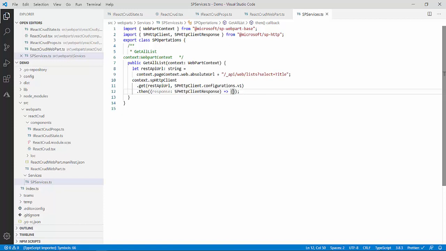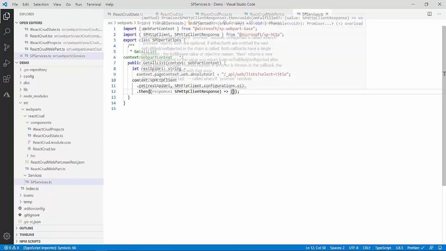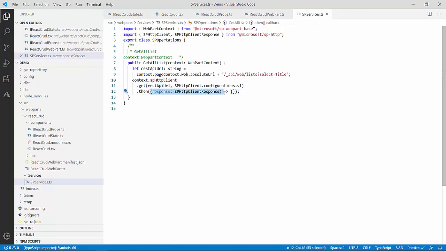Maybe for the first time it looks a bit complex to you, but with practice you will get into the habit, and it is very easy. What you have to do then, inside then just put this one more bracket. This is the response which you will get. It will be of type SP HTTP client response arrow function, and inside this I will write my next line of code. So what I will do, first of all, now I will get this response and I will convert this response into JSON,